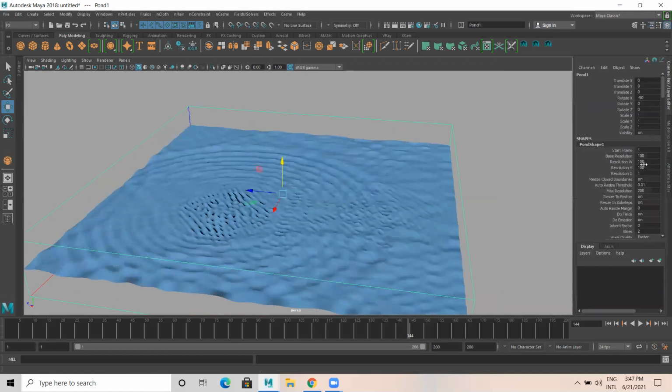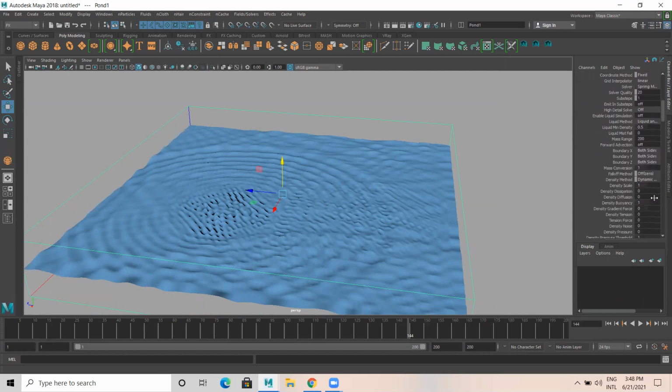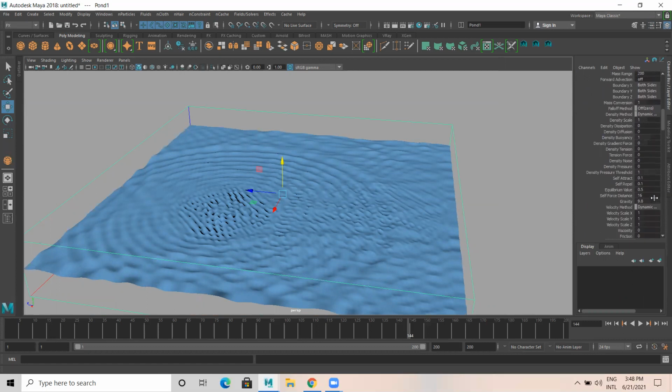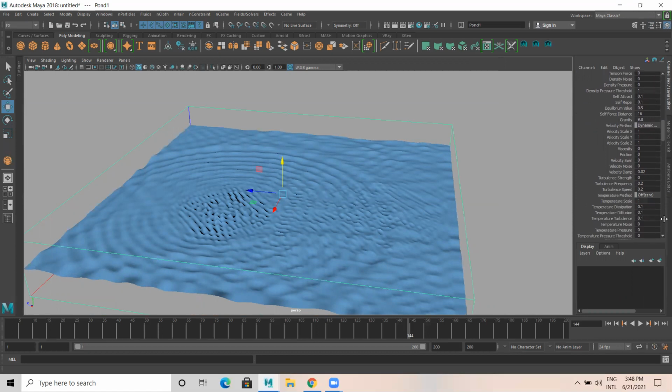What I'll do is simple. Resolution is fine. Velocity, damp, turbulence, frequency. Yes, turbulence is the one you can see here.